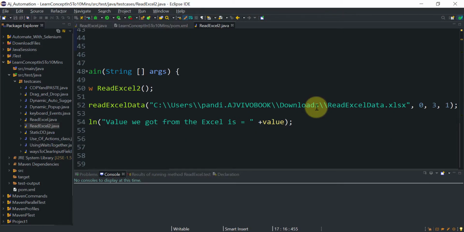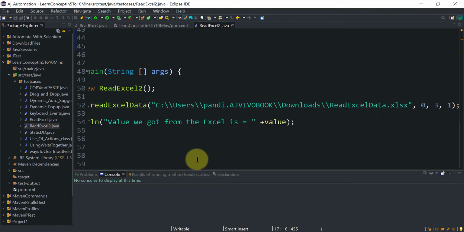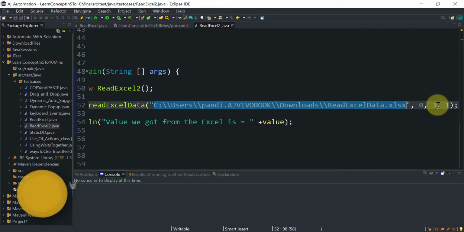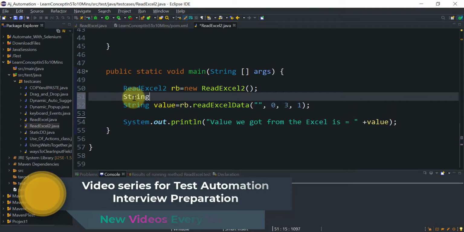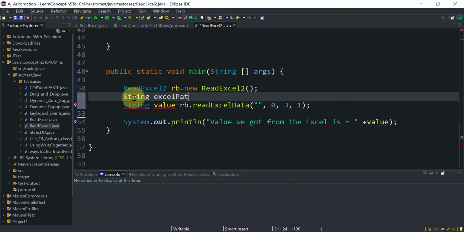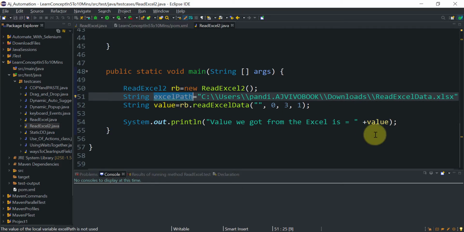So in this session we will see that instead of sending these four parameters, we will combine all these four parameters in a single parameter, and that we will send to our generic method. So some changes we need to do. Let me save this path into a string variable first. So String, let's say excelPath equal to, this is my value, and that needs to be a string. Okay, so this variable I will use